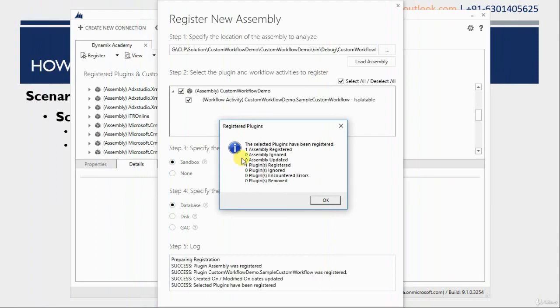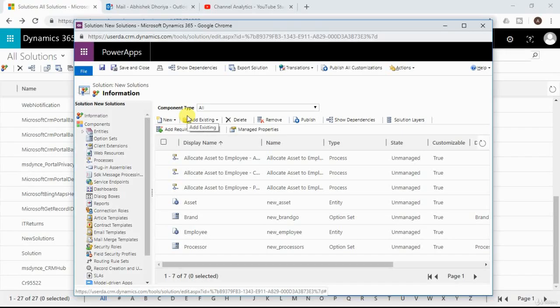So now you can see that I have registered one more assembly, so it is showing me the registration is successful. After you have registered your custom workflow activity, you need to understand that the custom workflow activity will not trigger automatically. So for that you need to define one more system workflow which will act as the triggering point, and in that workflow you can add the newly created custom workflow as a step to achieve the desired business